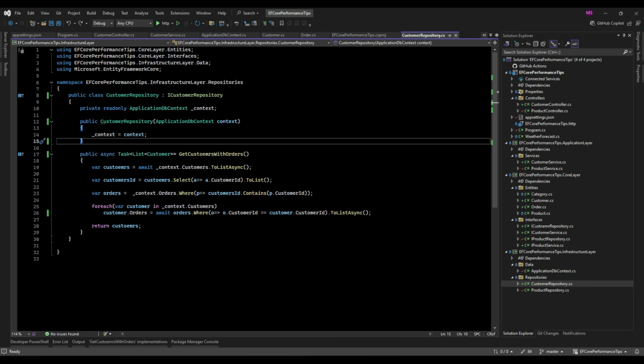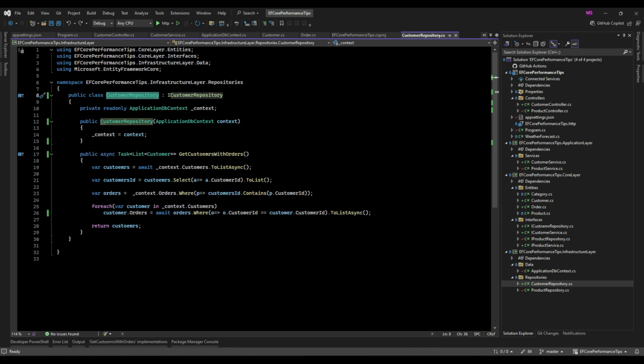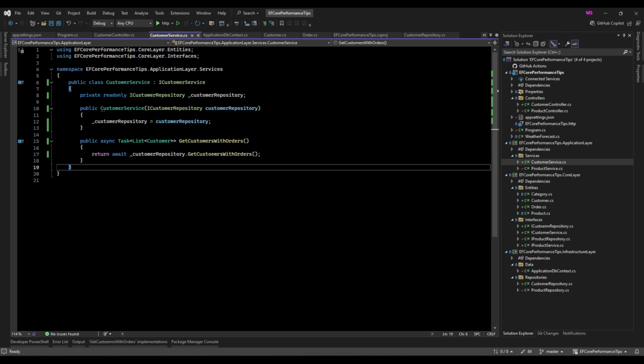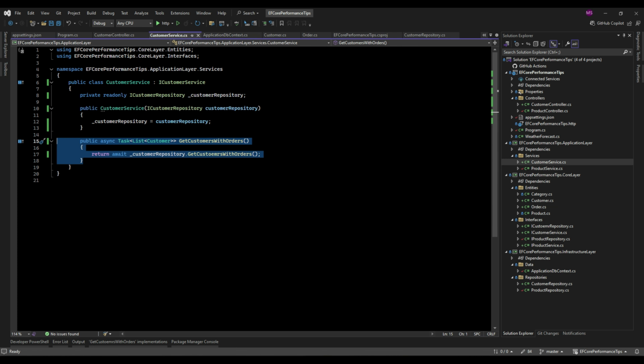Okay, here I've added the customer repository class that encapsulates data access logic for customer entities. In this repository, GetCustomersWithOrders provides a specific method to retrieve customers along with their orders, centralizing this logic and separating it from the application's business layer. Also, the customer service class would be responsible for business logic around customers, including calling GetCustomersWithOrders. By placing this logic here, your application has a clear division of responsibilities between data access and business logic.